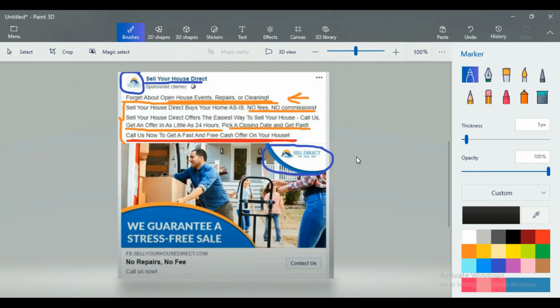The fourth thing that you need to include in your Facebook ad is a simple, clear description. A lot of the time I have seen people talking about this and that in their description, but you don't have to do that. You should always write a clear, simple description, like we have written here, call us now, because what we want from them is that they call us and contact us, so that we can go there and check the house, and then we can decide whether we are going to purchase it or not. So make sure you always write a simple description. The simpler you write, the better it is.